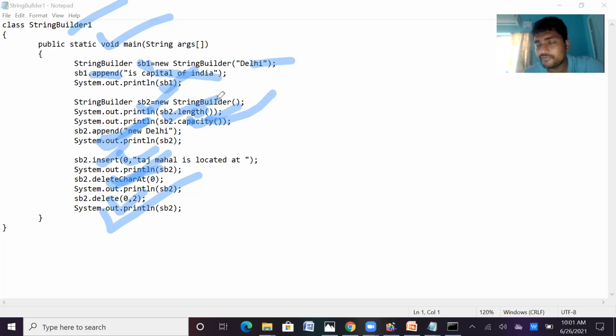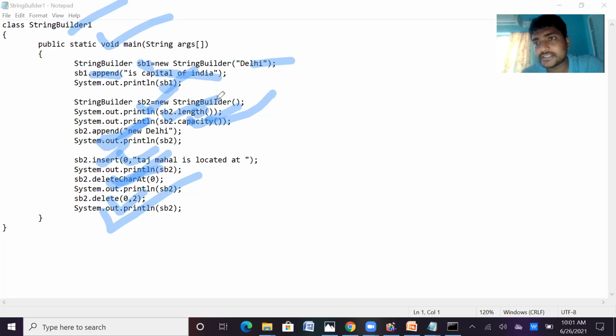In the String class, we don't edit the string; it is immutable. But here in StringBuilder and StringBuffer, we can edit that. We can insert, delete, replace, and then append. All these methods are available in the StringBuffer and StringBuilder classes. So this is all about string handling in Java.